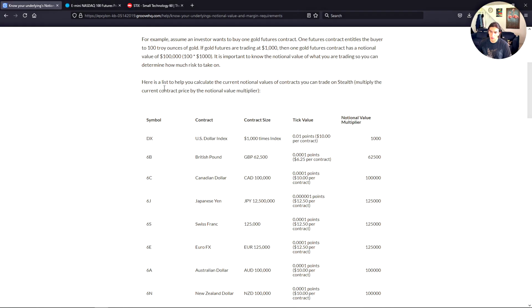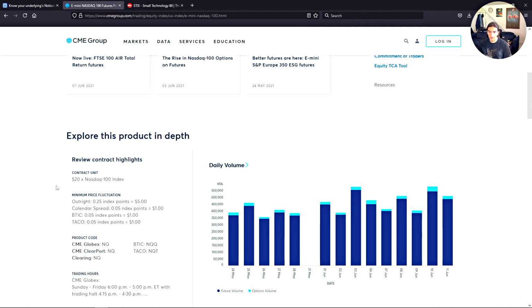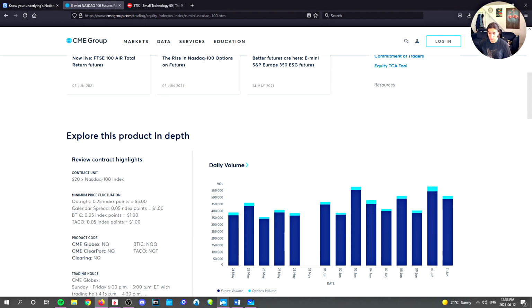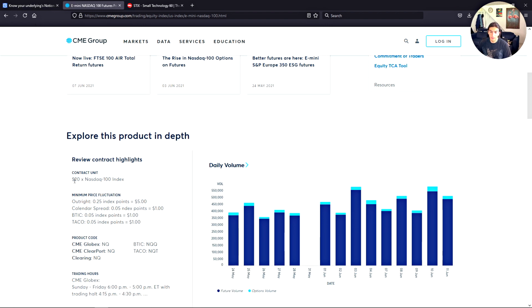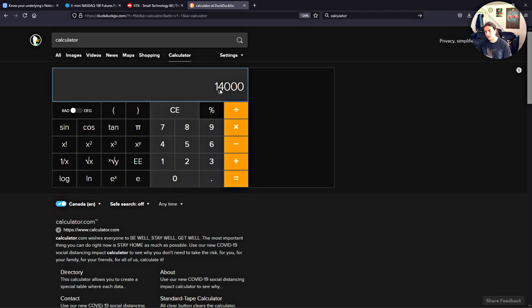The way you calculate the notional value of a futures contract is very simple. You first need to find the multiplier of your contract. In the case of NQ, it's 20 times the Nasdaq 100 index. You take the value of the contract. So we're just going to say the Nasdaq's at 14,000 and we're going to multiply that by 20. So Nasdaq is valued at 14,000. The contract has a multiplier of 20. So the notional value of one NQ contract is